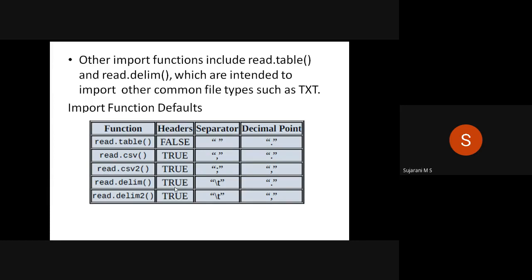Here in the table, some of the major import functions used in R programming are specified. Five import functions are listed: read.table, read.csv, read.csv2, read.delim, read.delim2. The difference is the default values specified: by default, what values are specified for header, separator, and decimal point? Clear in this table?